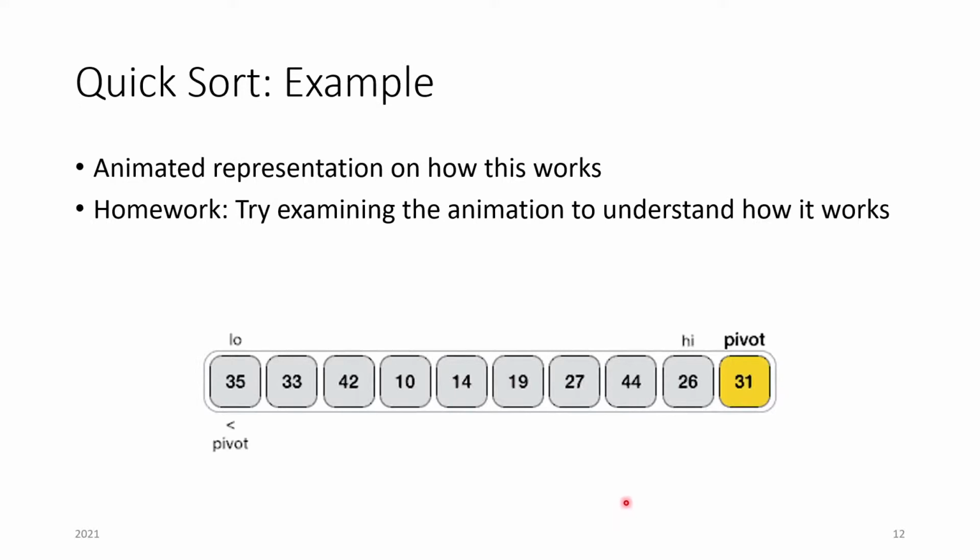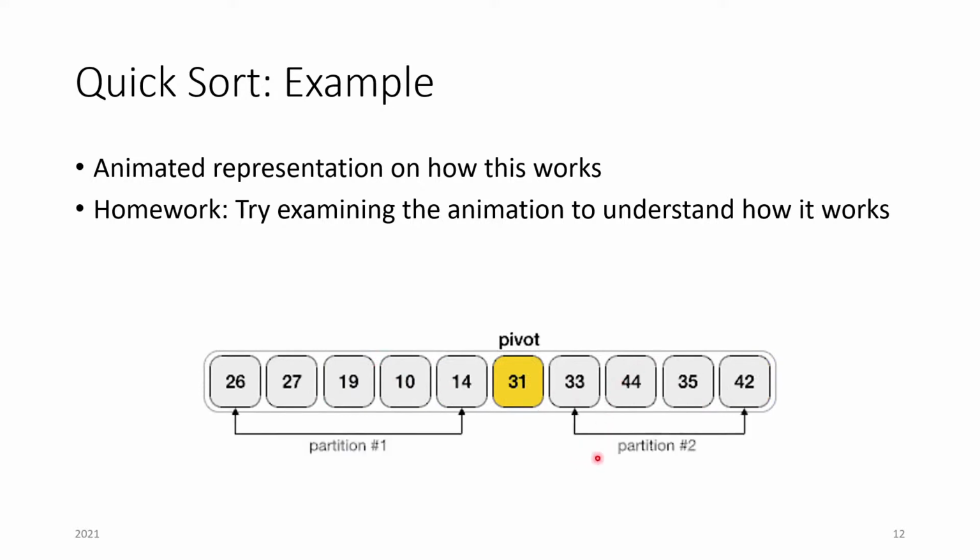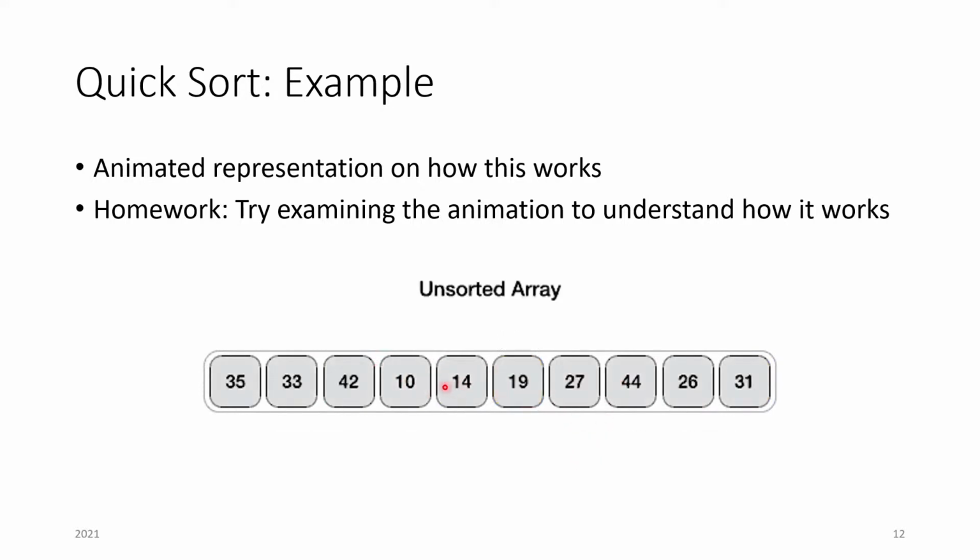So there's an animated visual effect here indicating the steps of how quicksort operates. And you can see here that it selects a pivot value and it starts doing the comparisons around the pivot value in order to figure out, okay, which value is less than pivot, which value is greater than pivot. And it does the swaps accordingly to make sure that it knows how to go about doing these pivots. Once it figures out that it does all the swaps, it then puts the pivot value accordingly where it needs